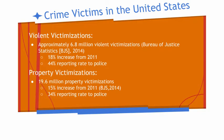These numbers come from the National Crime Victimization Survey. Now, I'll give you a little bit of slack. If you are a criminal justice major and you've never heard of the National Crime Victimization Survey, I'll give you slack because maybe you haven't had a class from me. But the National Crime Victimization Survey, unlike the UCR, where police departments report the crimes that were reported to them and send them off to the FBI,